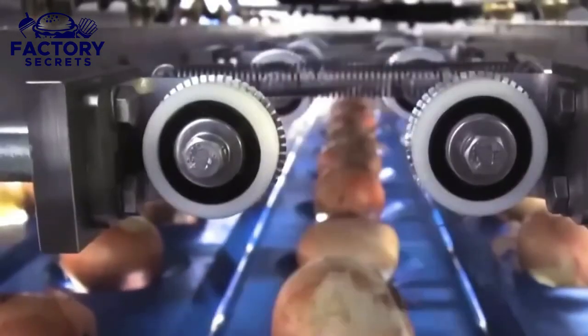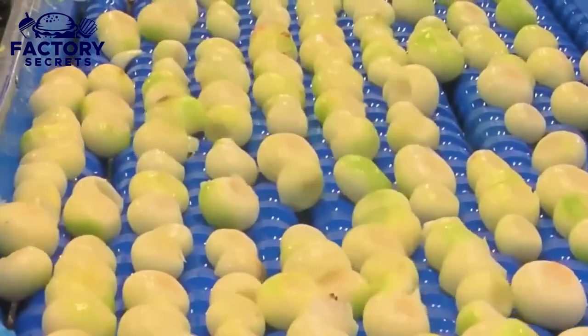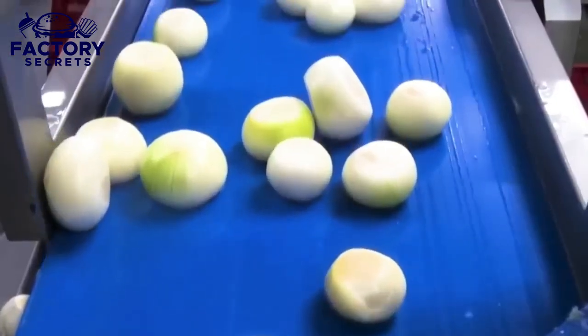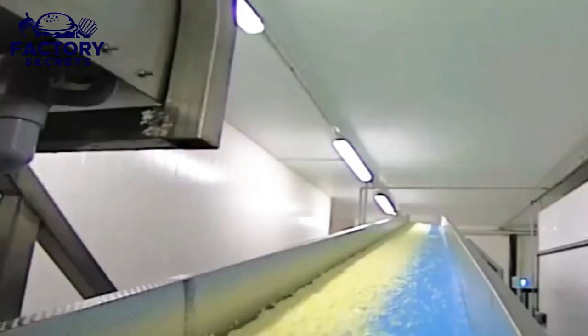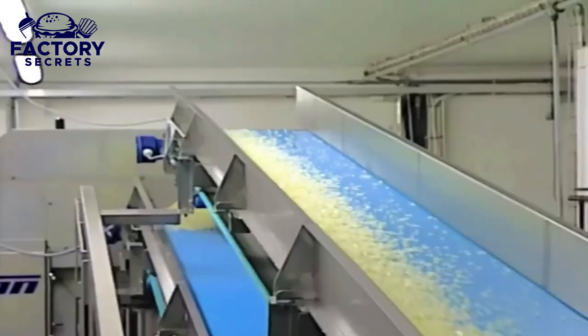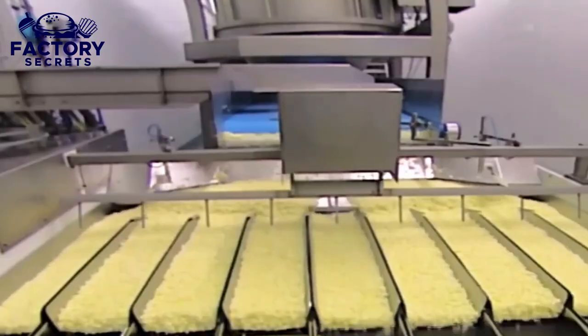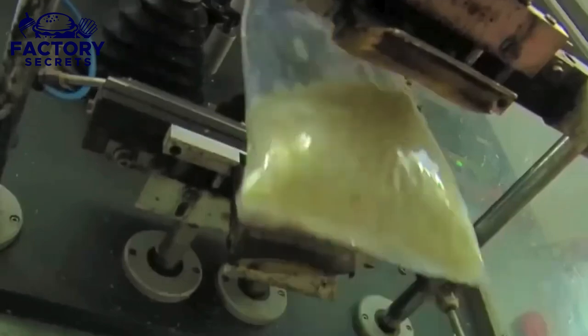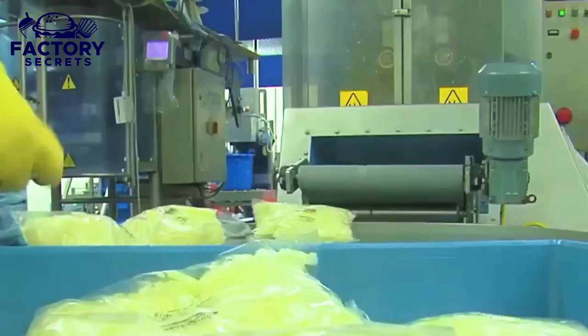First, tools for removing the rough outer layer grasp onto the onion and quickly peel it away. Look how clean and neatly peeled these onions are now, owing to these amazing machines. After a manual quality check to ensure that no bad onions make it through, they are sent to be sliced. This manual check is critical. If there is a bad one, it can be caught and deleted manually. All of these onions are packed and frozen after being sliced with extreme precision, ready to aid you in the